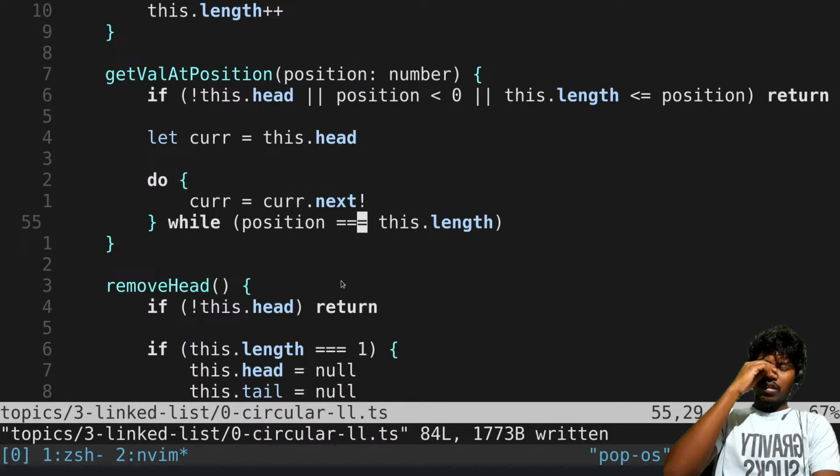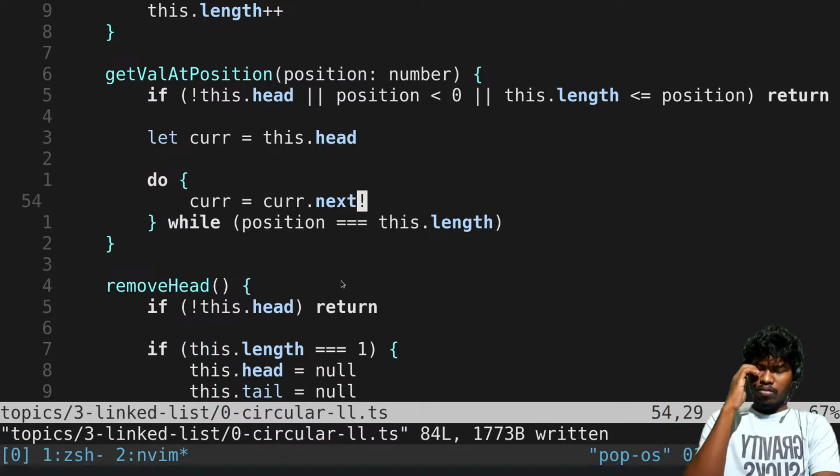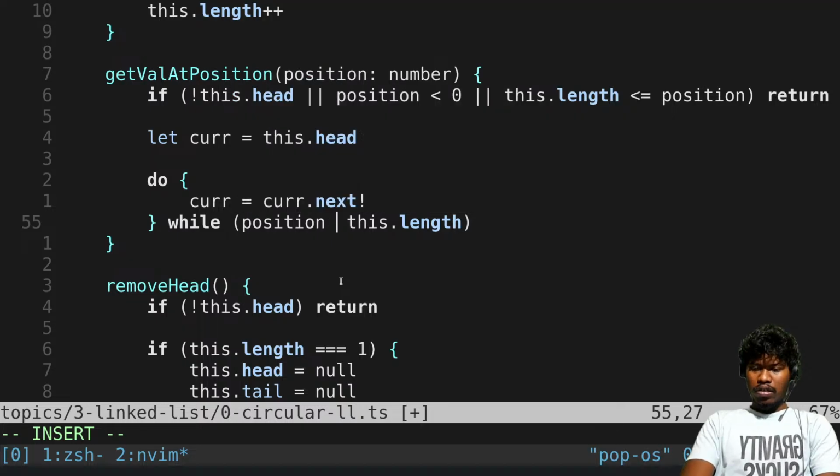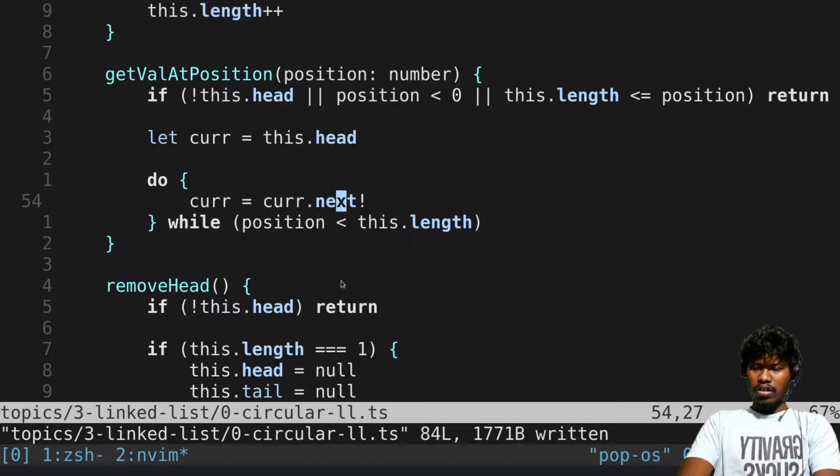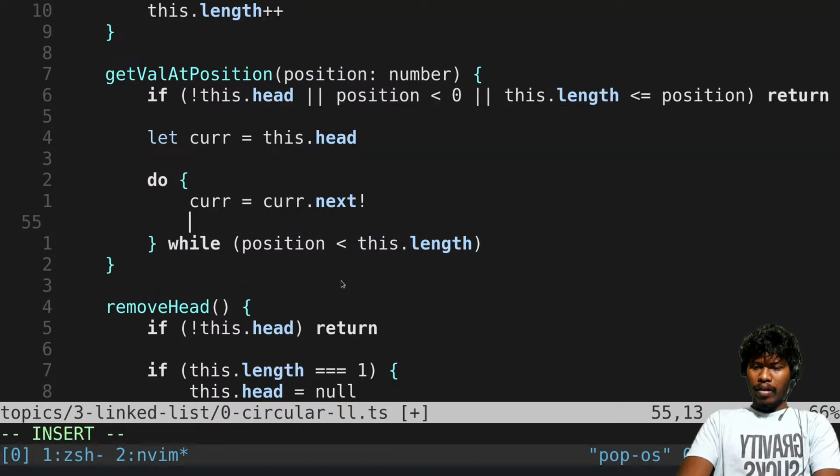So in this condition, it is going to check if it is true. If it is true, then the do will go. Otherwise, the do would not run. Correct. So what we do here is position is this, and then